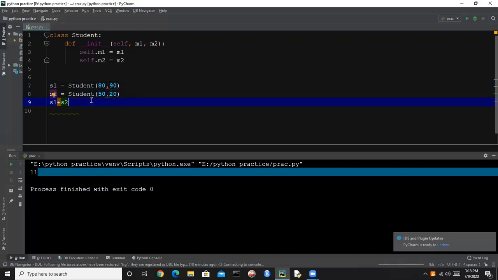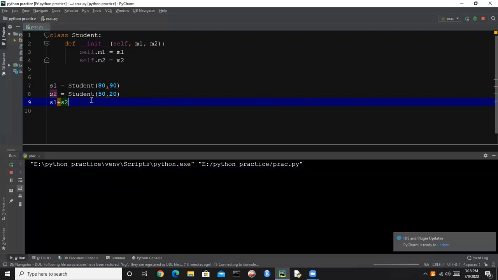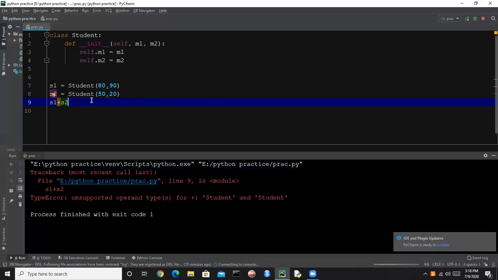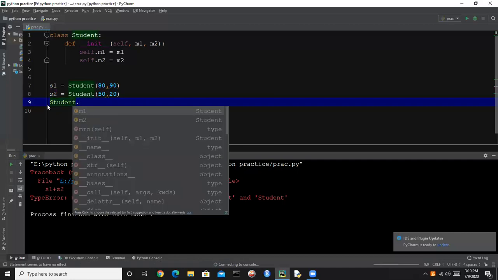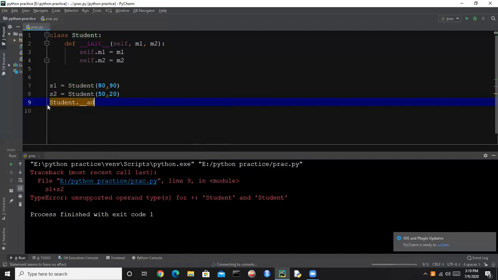Can we do this? Let's print this. Here it is giving an error, a type error: unsupported operand type for plus, student and student. So we cannot add two class objects. What we can do here is write student dot add, so we can call this function.